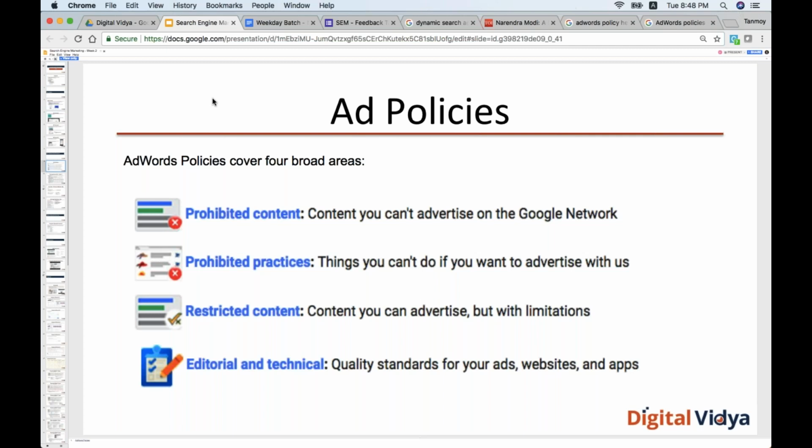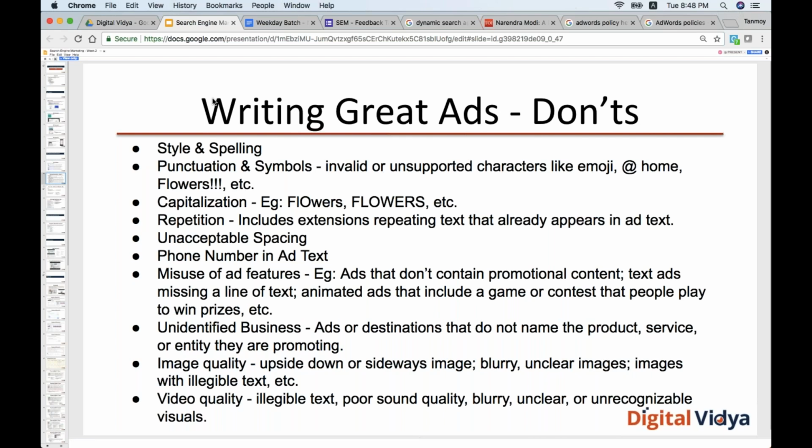Just in case you're speaking to your client or your businesses or your management, then you can tell them what Google allows, what kind of policies or products they are checking, based on which they check your ads and approve or disapprove them. All right, similarly they have certain, so this is what I was talking about, stuff which you can't do